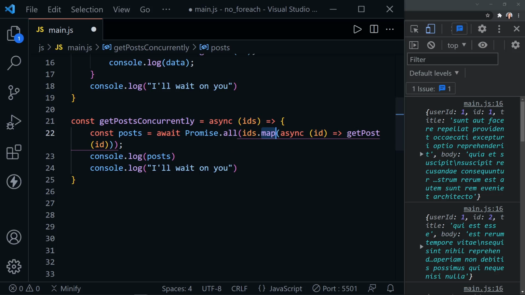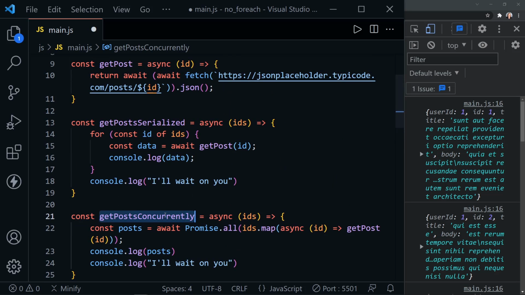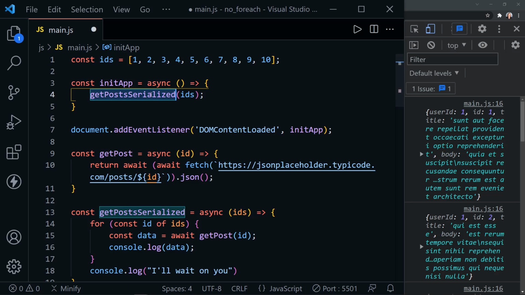So notice we don't have the await in front of get post. We have the await in front of Promise.all. And then once we get all of those posts, they're resolved here. And notice I do have the await on here because unlike forEach, map is returning something, and then it's all being resolved here at the very end. So I'm going to go ahead and change this up in our init function. I can leave the get post serialized definition here, but up here, I'll just replace it with get post concurrently,